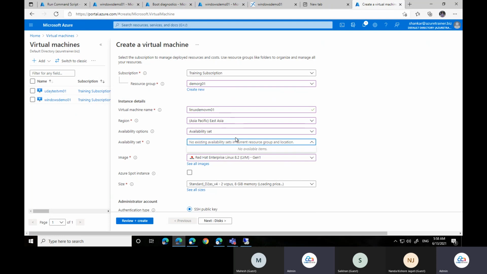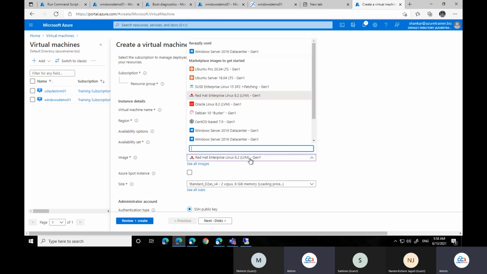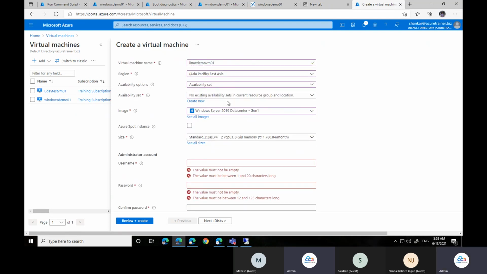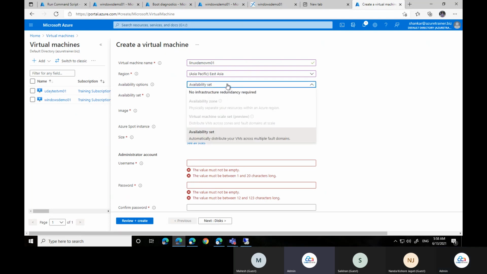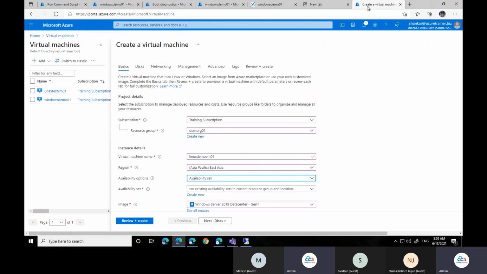Yeah, it is not selecting, because the OS itself is an unsupported OS. Let me see why it is not selecting the availability set. Am I choosing any different size of the VM? Ideally, it should actually show the availability set. Probably. Okay, so in that case, what we have to do is